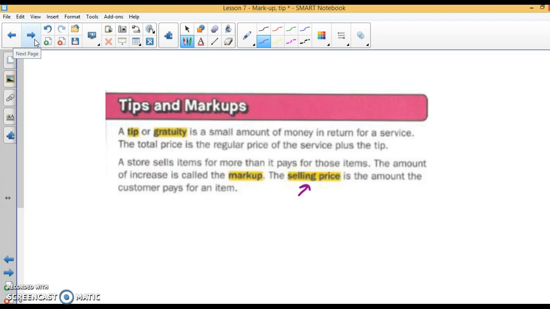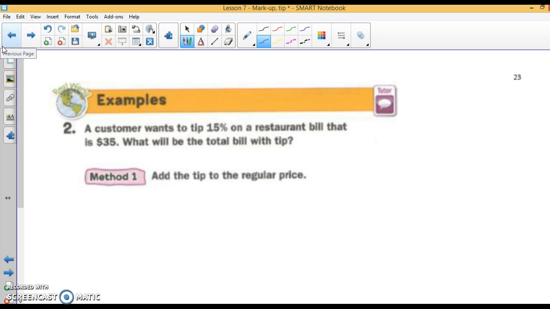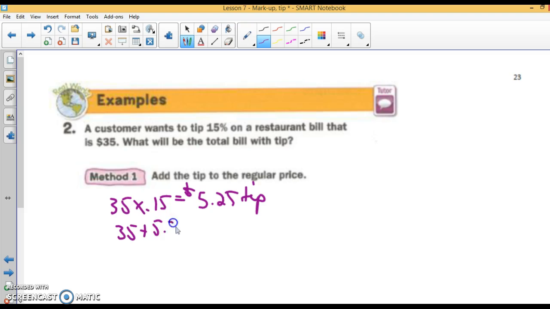All right. A customer wants to tip 15% on a restaurant bill that is $35. What will the total bill be? Okay, we're going to do this by 2 methods. So, 15% of 35. If I multiply, I get $5.25. That's my tip. My total would be 35 plus 5.25, which gives you 40.25. That is my total